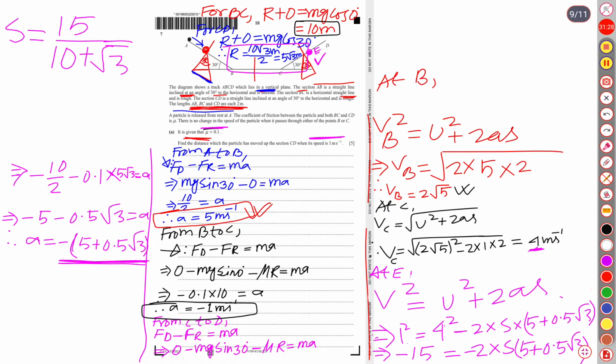That is our displacement. Hence, the displacement traveled by the particle